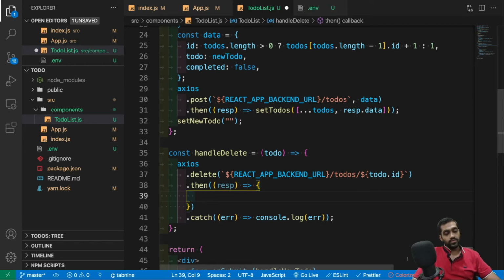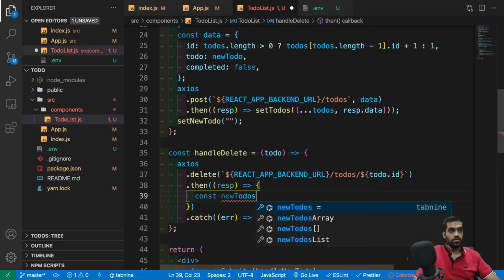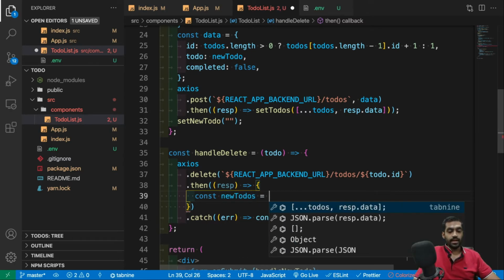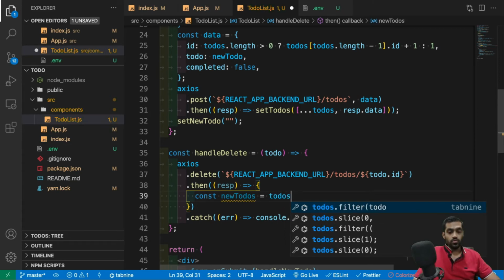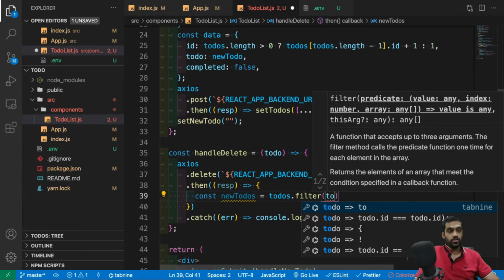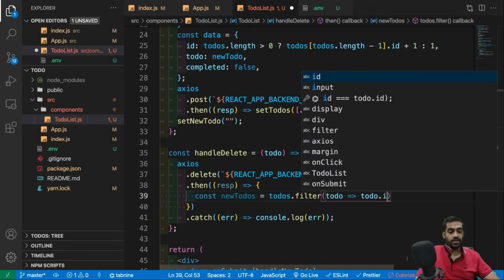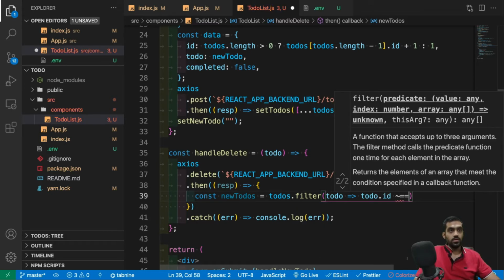We can just delete the todo from the set of todos, right? So we can create, let's say, const newTodos, and what we can do is todos.filter, where a todo cannot have the ID of the deleted todo.